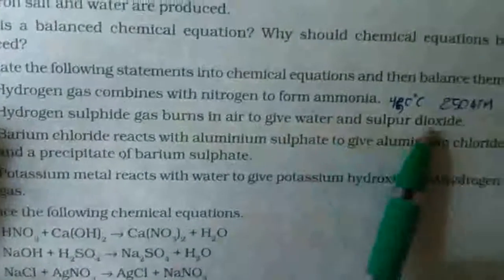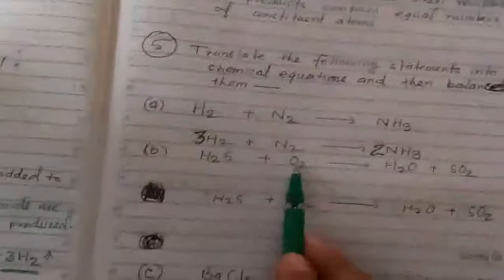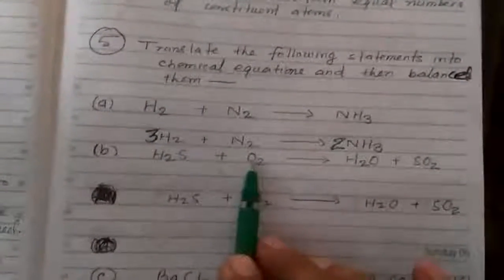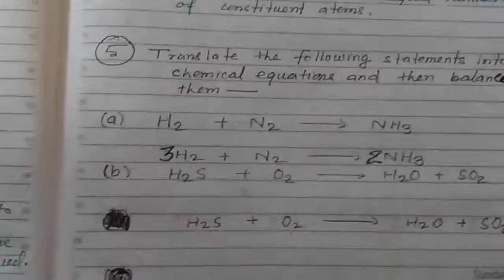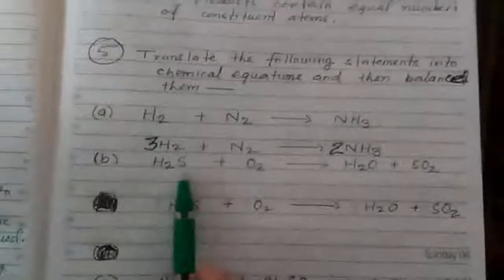Question B. Hydrogen sulfide gas burns in air to give water and sulfur dioxide. Anything that burns in air means it reacts with oxygen. So when hydrogen sulfide, H2S, burns with oxygen, it reacts with oxygen to form water and sulfur dioxide. This is a skeleton reaction. Now try to balance it. So here you can write sulfur,